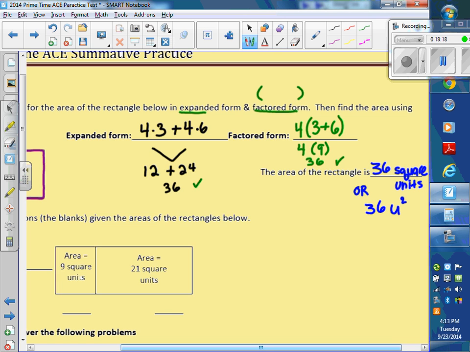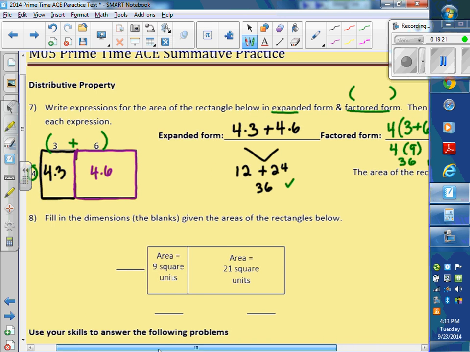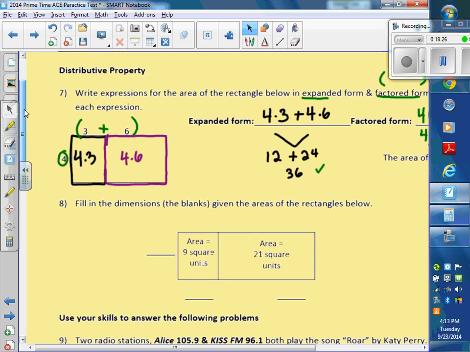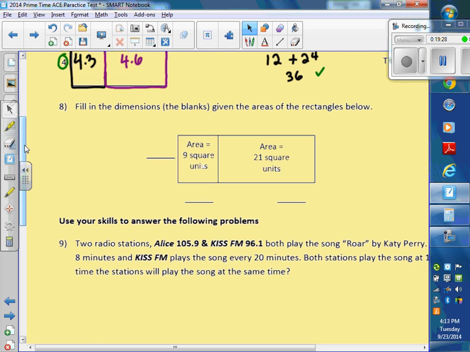The next problem, we also worked on these in class today. Kind of like a going backwards problem. You have to find the missing dimensions. So what numbers go here, and here, and here? So you have to find those numbers. So you want to find a common factor of 9 and 21. One way to do that is just think of the ladder. We'll do it 2 ways. But 3 goes into 9 3 times, and it goes into 21 7